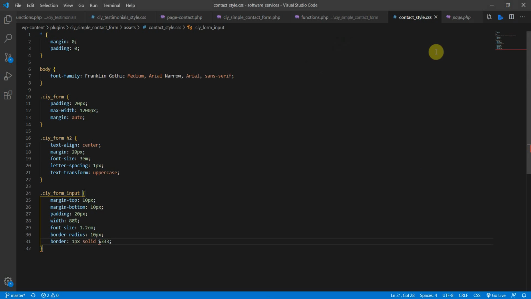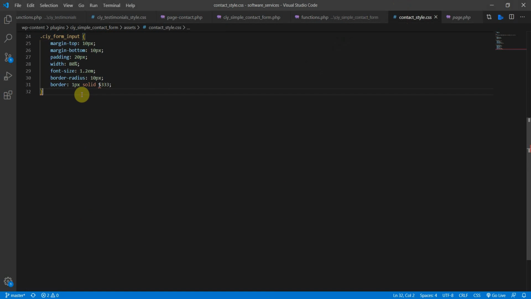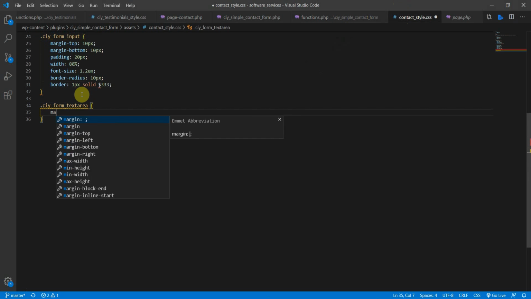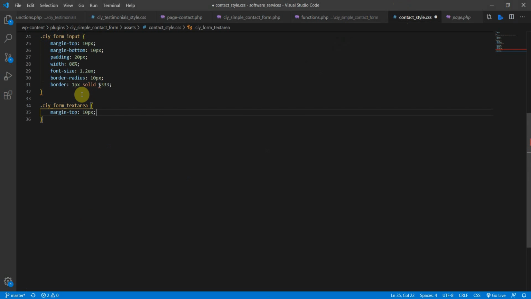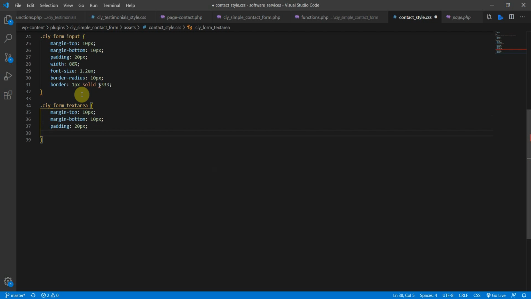So it had a class name of, I think, CIY form text area. So let's copy that. Let's scroll up there and let's do like this. All right, so the margin top 10 pixels, and then margin bottom 10 pixels, padding 20 pixels, then width 80%, font size 1.2em, then border radius 10 pixels, and then the height, this one 300 pixels, and the border to be 1 pixel solid, and then